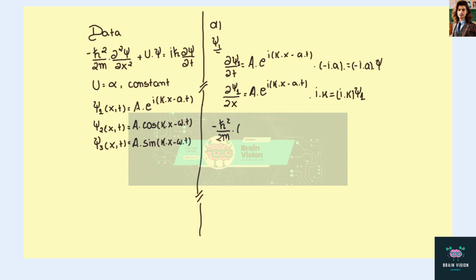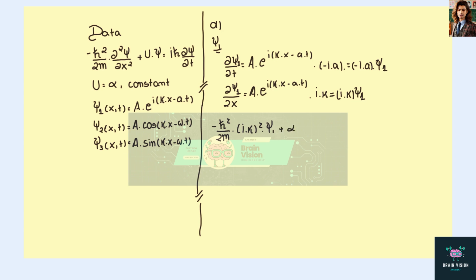So we have, not minus, we have i times k squared times psi 1. Because by applying the derivative once, we get a factor of i times k, and by applying the derivative again, we get another factor of i times k, which amounts to i times k squared, plus